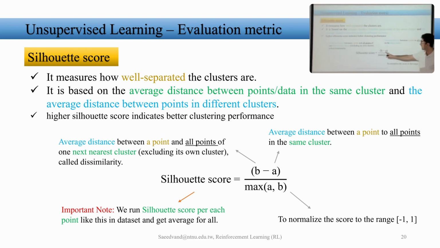On the other hand, what is B? The average distance between a point and all points of the next nearest cluster. So if I choose this, the next best cluster, here we have only one other one, is this one. Then the average of this point to all these. If I had another cluster somewhere else, then this point would use this one, but if I choose this other point it would use that one, because that is the next best, next closest one.